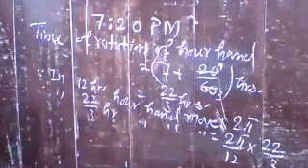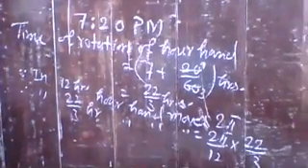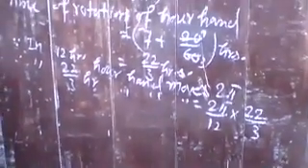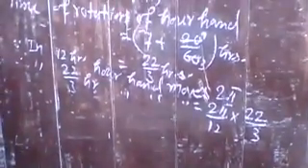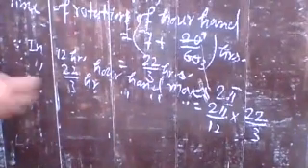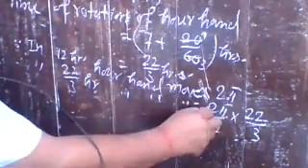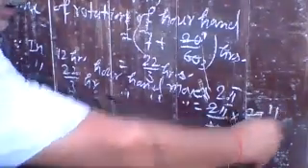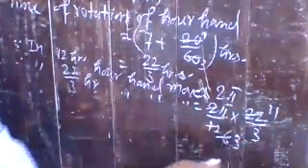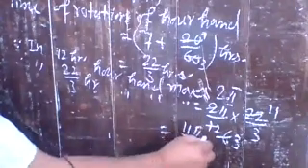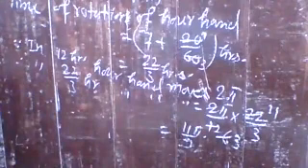Yes, simplifying it. So in this way, you have the amount of rotation of the hour hand in 7:20. So just cancel it. Here you have 6 and 11, so 3. So that is equal to 11 pi upon 9 radian. Just note it. 11 pi upon 9 radian.